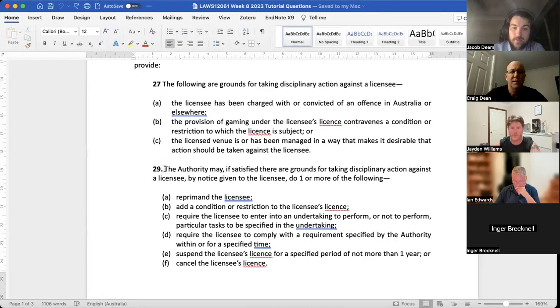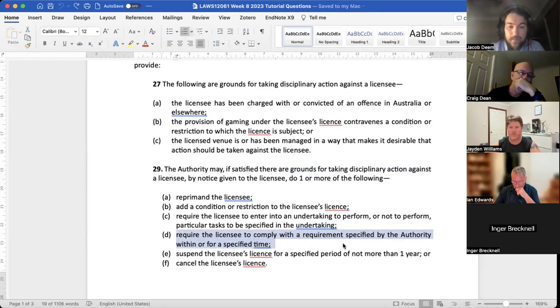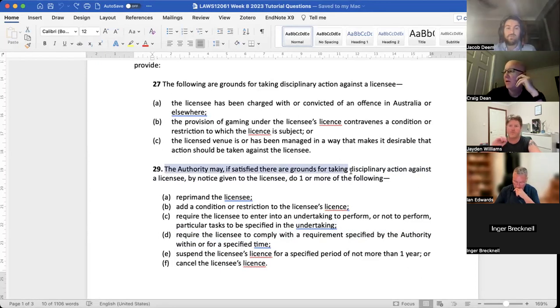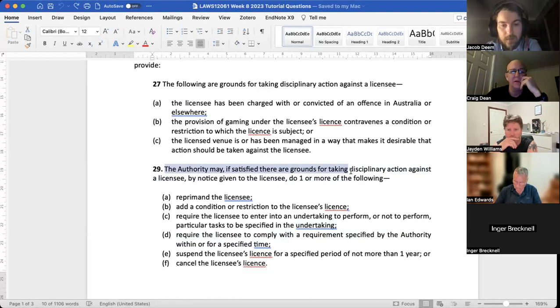So section 29, the authority may, if satisfied that there are grounds for taking disciplinary action, do one of the things. And in particular, in our scenario, they've gone with, or they think that they've gone with D. We talked last week about that "may" itself being problematic, but the focus on if they're satisfied that there are grounds gives the authority the jurisdiction to decide whether there are grounds for taking disciplinary action